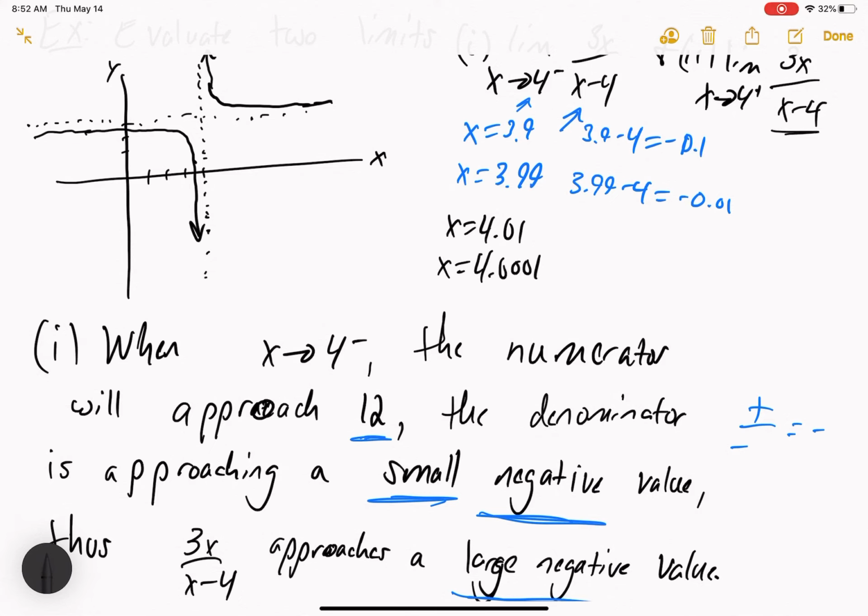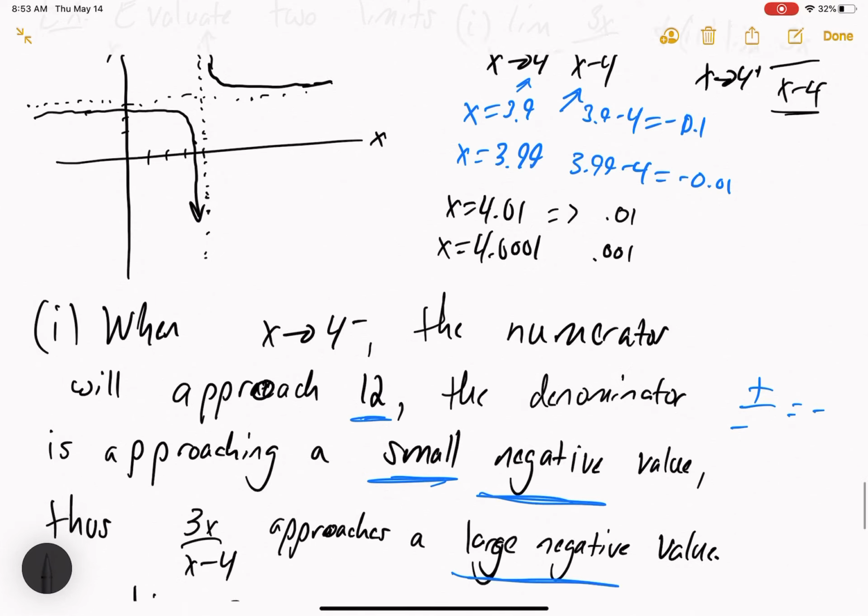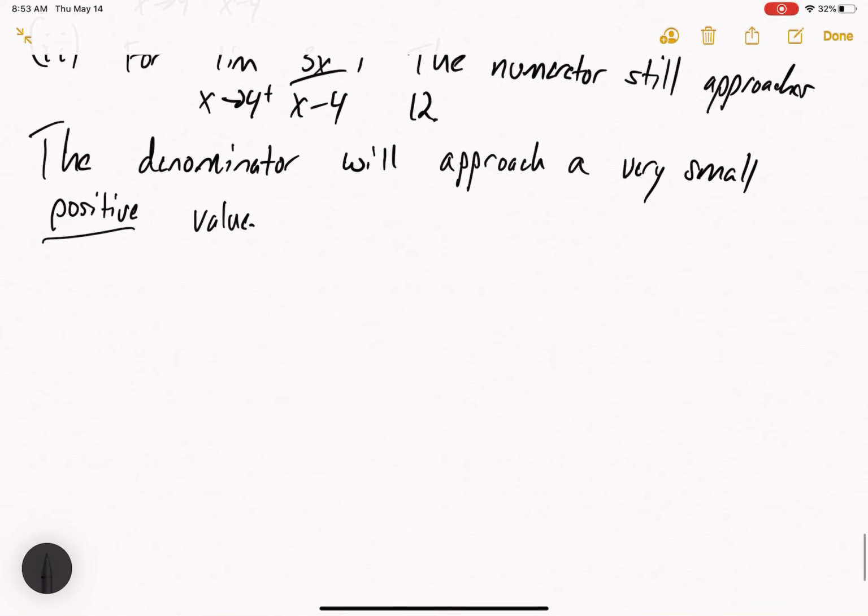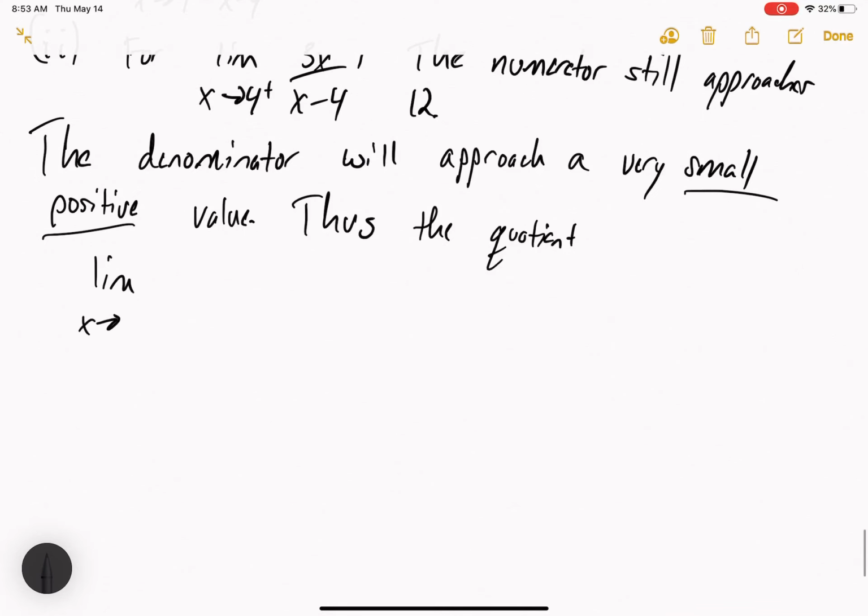Whenever you do x minus 4, we get 0.01, 0.001, and these numbers get smaller and smaller, but they're still positive. So that's how you get positive, and that's how you get very small. And because 12 is also positive, we're doing a positive divided by a positive, we get the quotient, or in this case, the function. So the limit as x goes to 4 plus